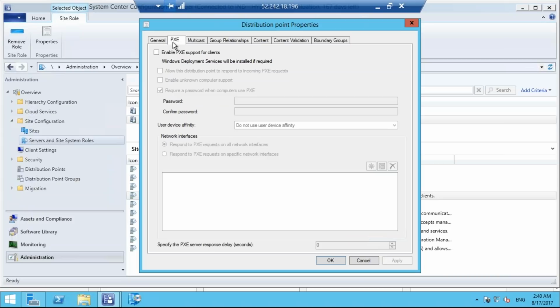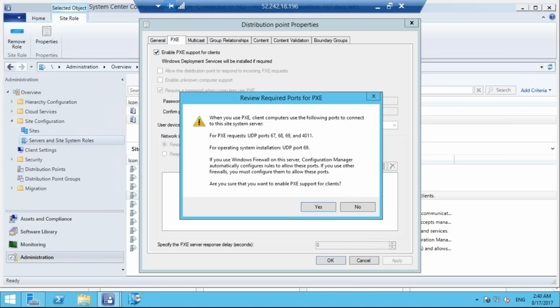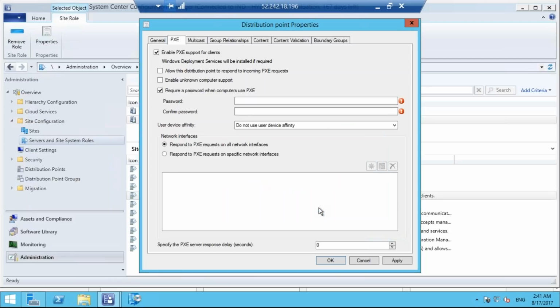Enable PXE support for clients. It will say it is going to use these ports, so we'll click on yes. Okay, no problem, use the port. Bhargavi, you don't have it because you are clicking on database. You need to click on sccm.pepsi.com and then you will get distribution point. You got it, Bhargavi? Okay,